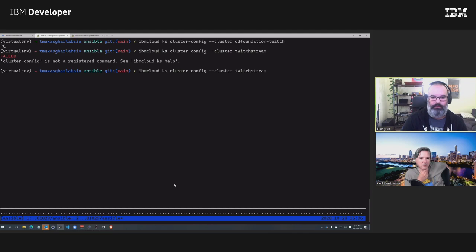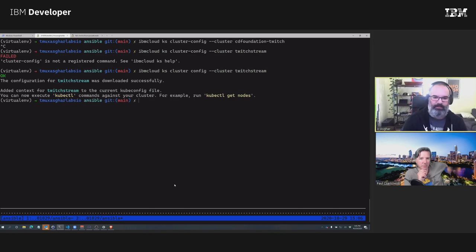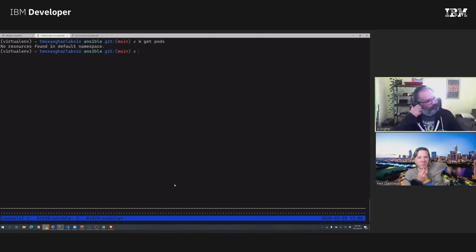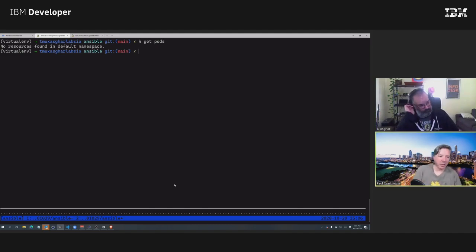I hate computers. Isn't that a really weird command? IBM KS cluster config. Then you have to tell it the cluster. That other cluster just seems so superfluous. There you go. All right.